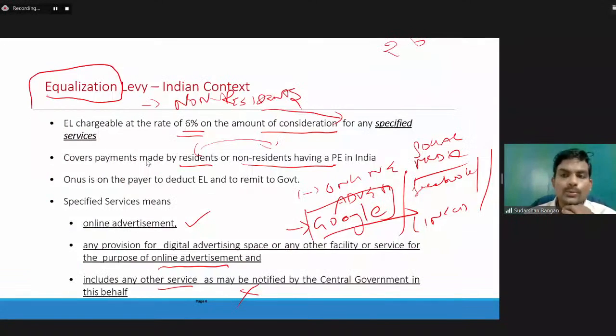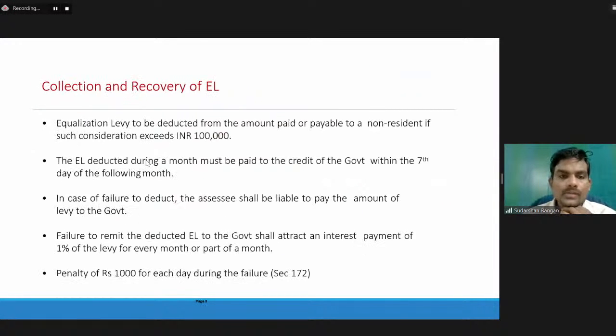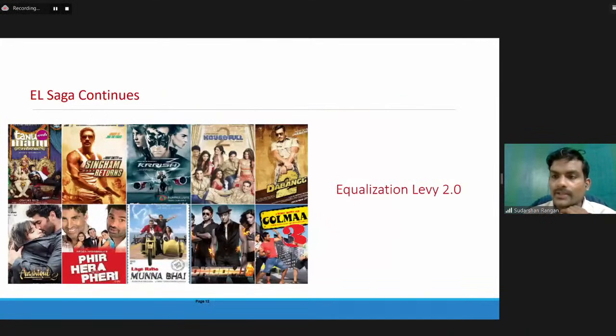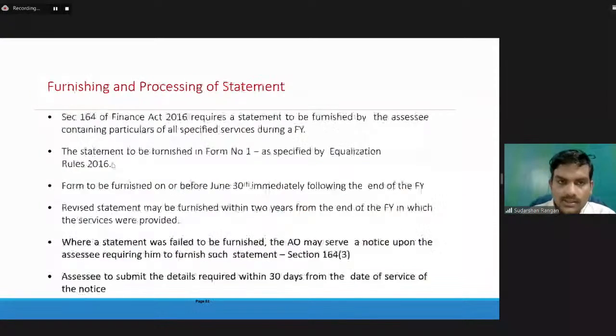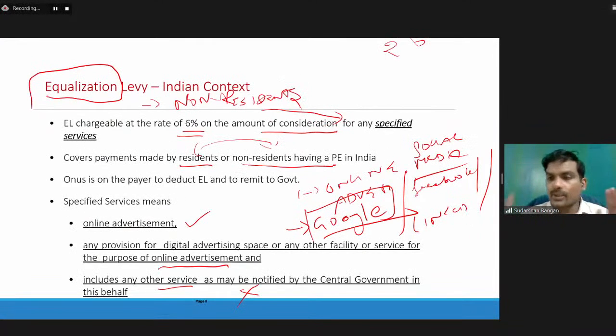Welcome back. Before we went on the break, the interval, we were going to start season 2 for Equalization Levy 2.0. But just as in any series, before season 2 starts, they give a quick recap of season 1. In season 1, we saw Equalization Levy 1.0. There are two kinds of transactions. We saw the first kind, which comes under Equalization Levy, and now we are going to see the second kind of transactions, which is colloquially called Equalization Levy 2.0